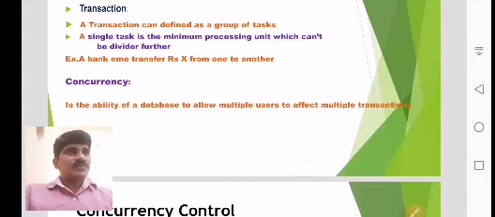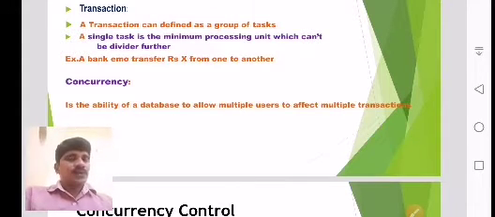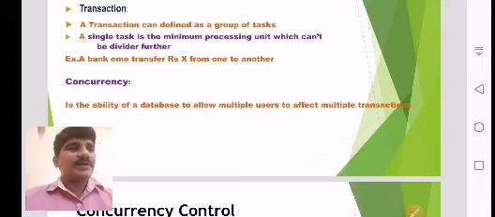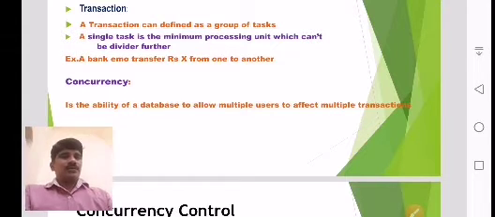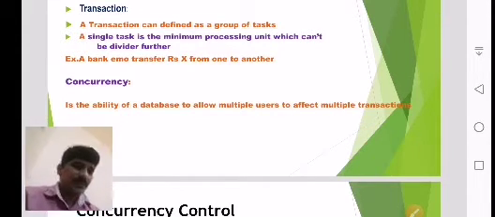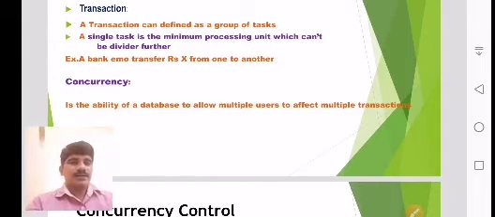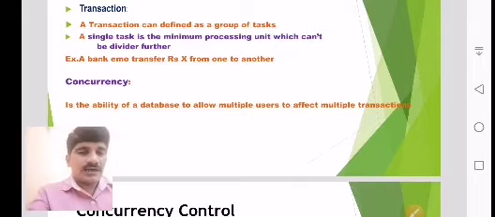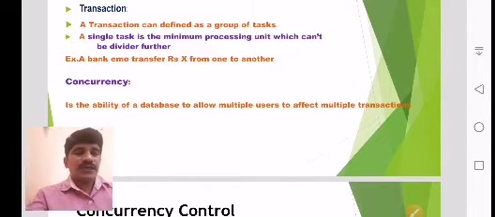Next, one more is concurrency control. Concurrency control depends upon the transaction. Concurrency control means the ability to offer concurrency in the database.